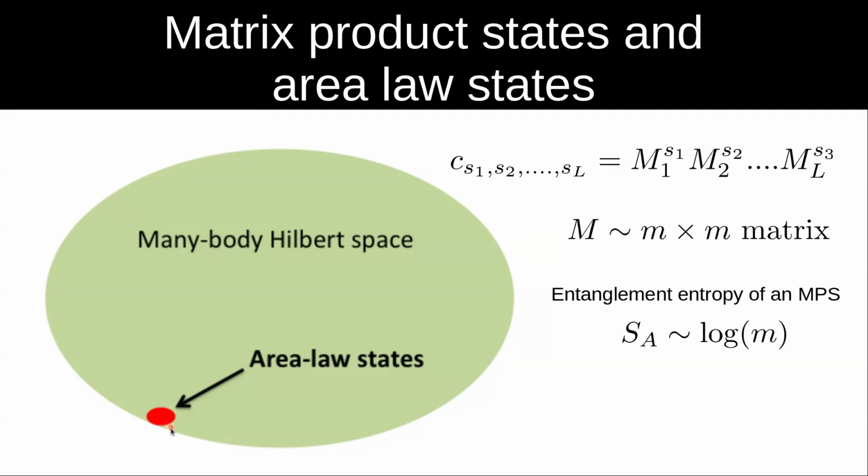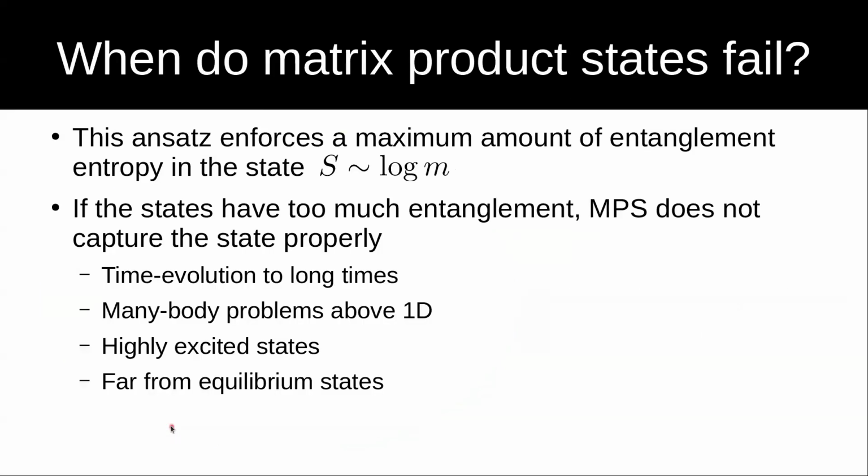So you actually don't need to have a parameterization that covers the whole many-body Hilbert space, because the state that you are interested in is actually in this region that you can parameterize very efficiently with tensor networks. In practice, matrix product states do not always work. Of course, they are going to work for the ground state of a one-dimensional model, but